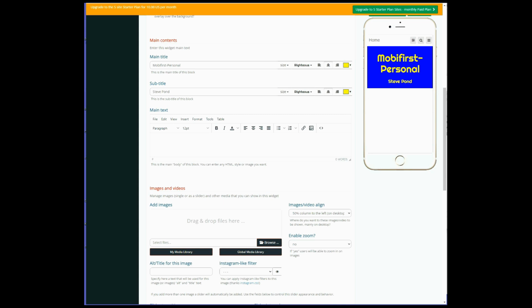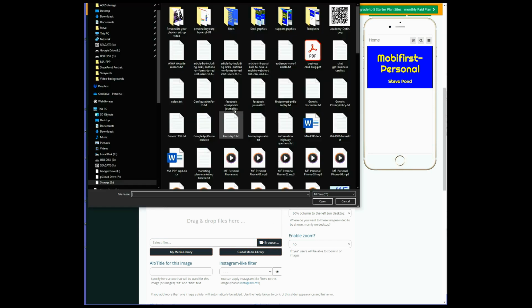Once you have used a graphic, it often is placed into the My Media library. If you have used the same graphic previously, such as a logo, often the file will be available for fast adding from My Media library. So, we browse first, and we go to a place where we can find